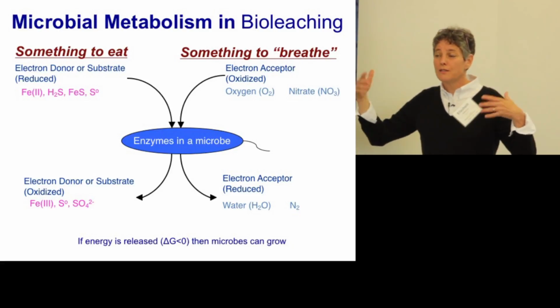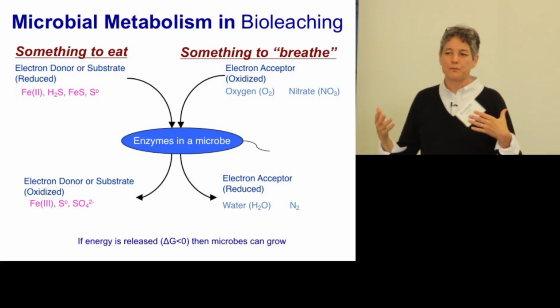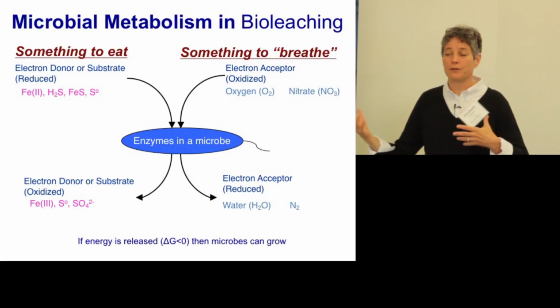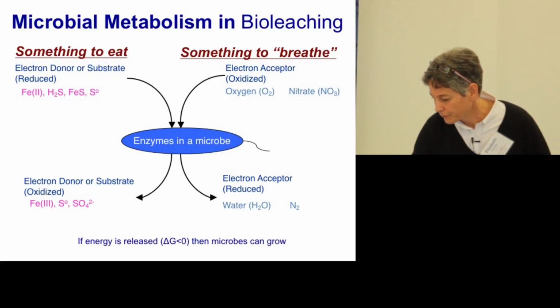There's advantages and disadvantages for these things, these different oxidants, and the different electron acceptors, as I like to call them, with respect to pH and redox and things like that, and how much acid or base they consume or generate in the different processes.